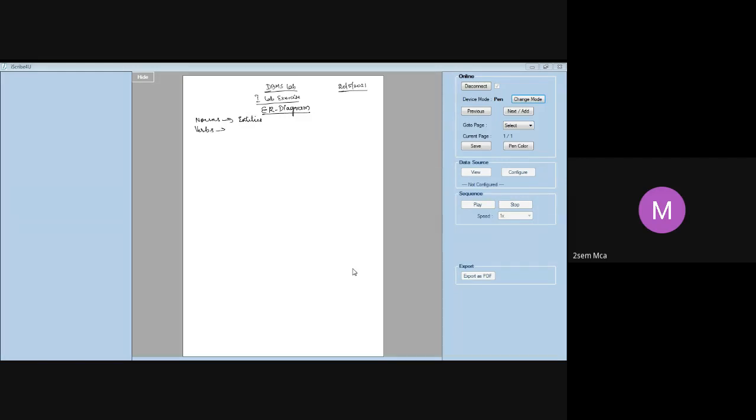All action verbs are generally relationships. This you should keep in mind. Borrow is a verb, is it not? I borrow that book. So borrow will come under the relationship. It is not an entity. So the entities here are branch, student, book, and author. That's all. Borrow is a relationship.